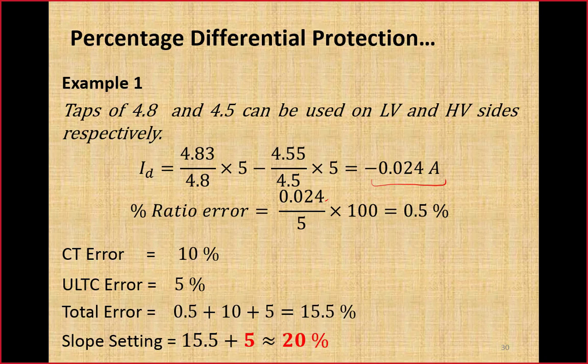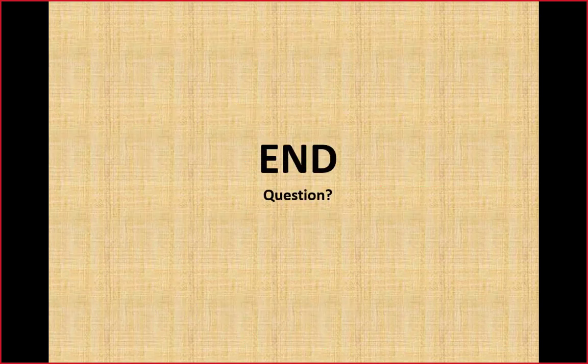So possible values are 10, 20 and 40. If our total error current was greater than 20%, then we would definitely select the 40% tap, but it was less than 20, which is 15.5. The safety margin will give us adequate safety about these error currents. This is how the error current will be calculated, and how the tappings of the relay will be used. So that is the end of the lecture. Thank you very much.